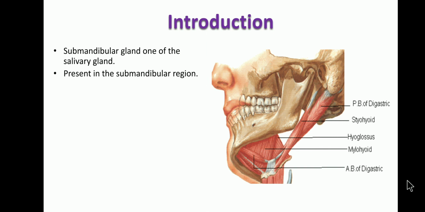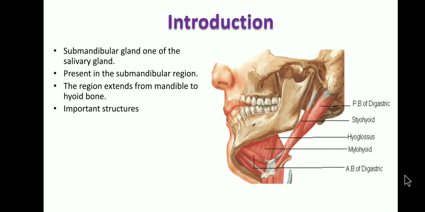While discussing the submandibular region, it is also a part of the digastric triangle. But in the digastric triangle, we include more posteriorly certain structures which come between the two bellies of the digastric muscle. In the same way, the submandibular region mainly consists of your submandibular salivary gland. Other important structures present in this region, apart from the submandibular salivary gland, are the